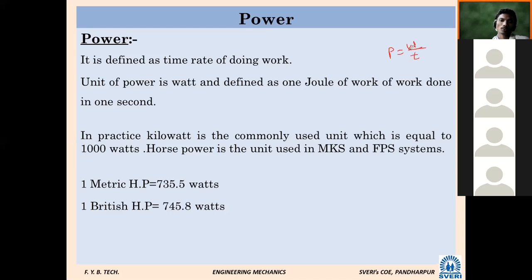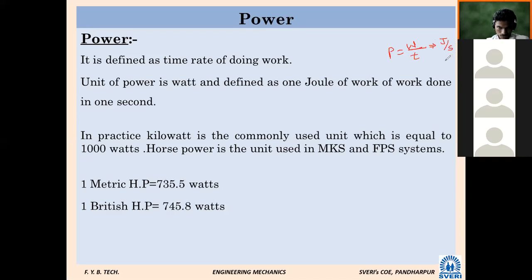What is the unit of work we have seen just now? Joule. And what is the unit of time? Second. This is known as watt. The unit of power is watt and is defined as 1 joule of work